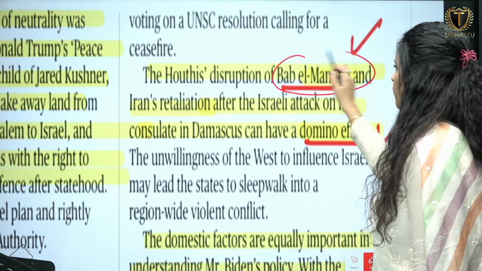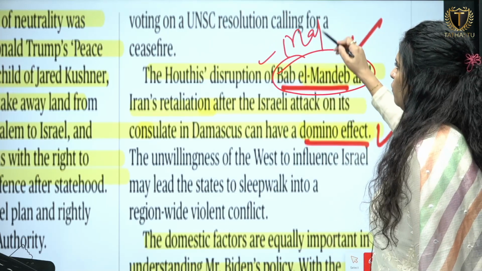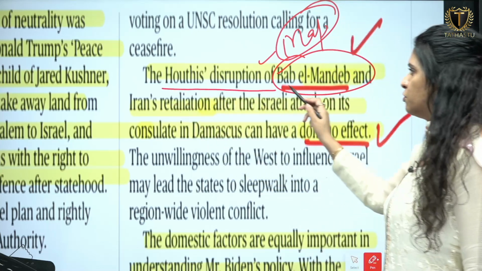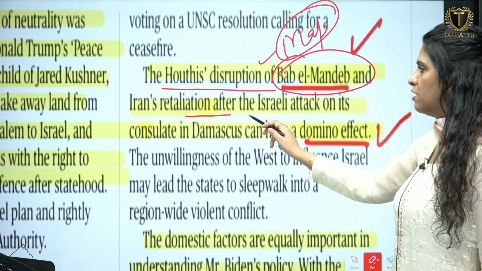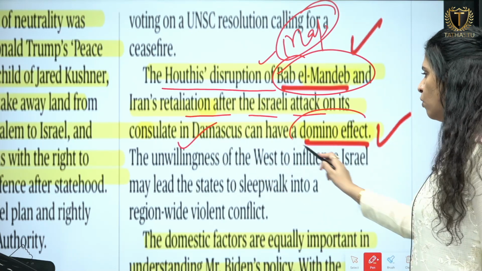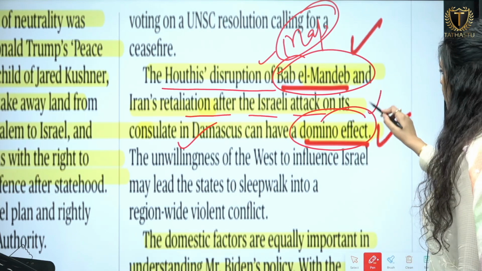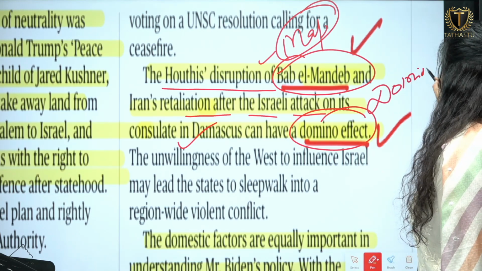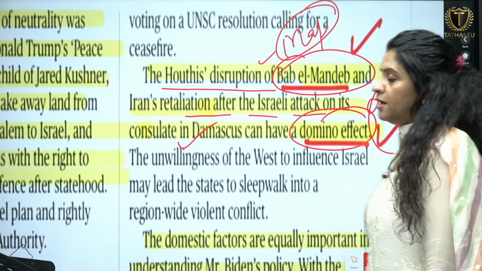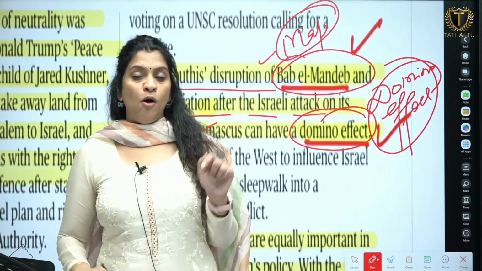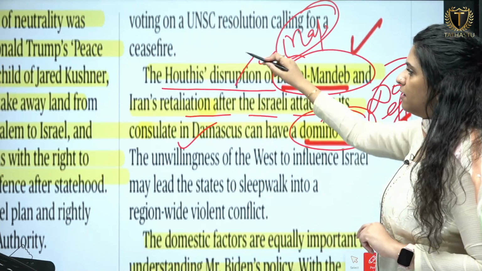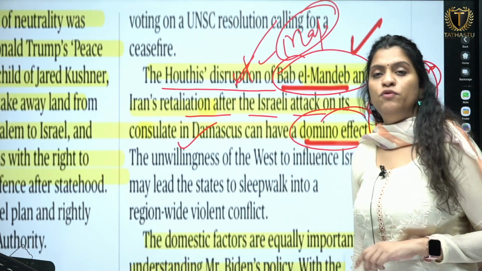So Bab el-Mandeb, mark it on the map, find out where it is. And then further, the Houthis' disruption of Bab el-Mandeb and Iran's retaliation after the Israel attack on its consulate in Damascus can have a domino effect. Domino effect, now another vocab for you. What is the domino effect? This is homework for you. Tell me the meaning of domino effect and comment in the comment box down this YouTube video. I will see and mark which ones are correct so that every one of you can understand the